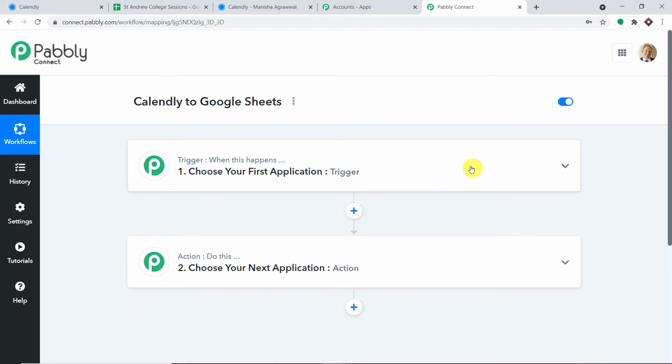When you click on create, you will find two windows, the trigger window as well as the action window. So what's the deal with these two windows? When we are talking about automation in Pabbly Connect, it works on the concept of triggers and actions. The trigger says when this happens, then what should be done. A trigger is basically an if statement. It asks a question: if this happens, then what should be done? For example, if a new event or a new invitee is created in Calendly, then what action should be taken? Now the action is that the data will be sent into Google Sheet. Using these two windows, we are going to integrate Calendly to Google Sheet.